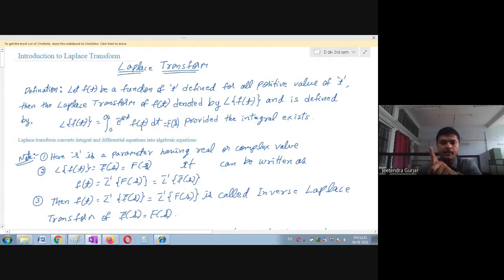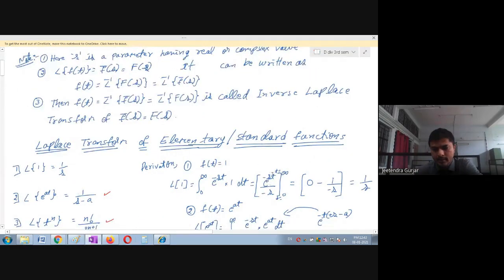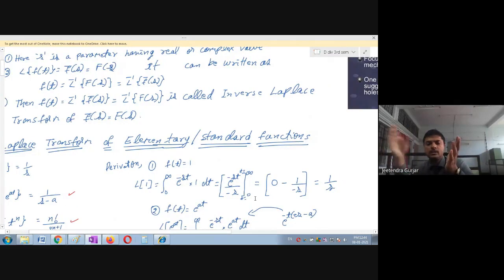This f of t will become 1 into dt. So further I can just take the integral. Yes, the integral of e raised to minus st will be e raised to minus st divided by the coefficient of t, which is minus s, therefore I have divided by minus s. Now I will substitute t is equal to 0 and t is equal to infinity. One can easily see that if you take the power of e infinitely, we cannot calculate this, therefore we directly take this as 0, students.